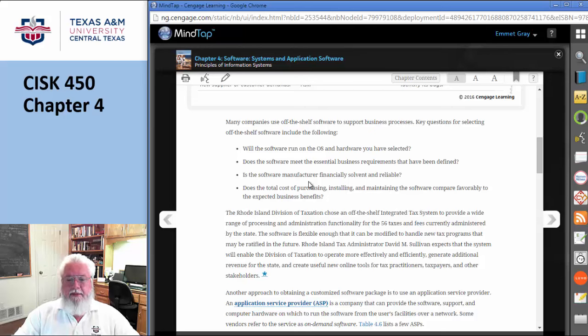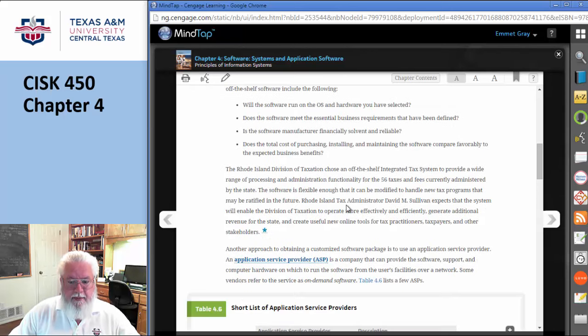Is a good question. And then, is the software manufacturer a fly-by-night organization? Are they going to be providing me services if I have problems? And what's the total cost of acquiring it, installing it, and then is there any recurring cost? I mean, I've had software where I think, that's a pretty good price for that, and then I read the label and it says, well, yeah, but it requires a $100 a year subscription. I go, whoa, okay, no, I'm not doing that. Okay, so let's continue. Good stuff.